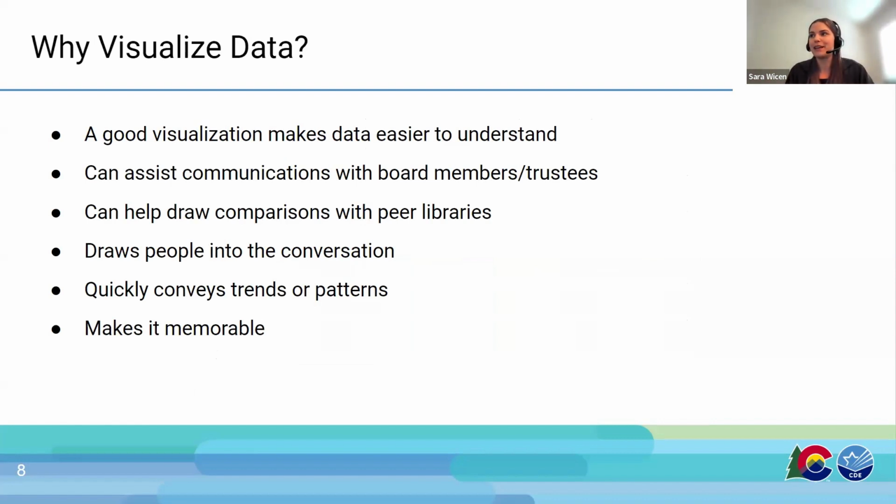At a conference with the Research Institute of Public Libraries a few years back, one of the presenters, Kate McDowell, said something that really stuck with me: library data needs story before storage. I like to share that out because I think it's really true.